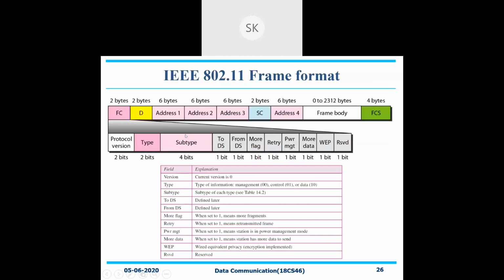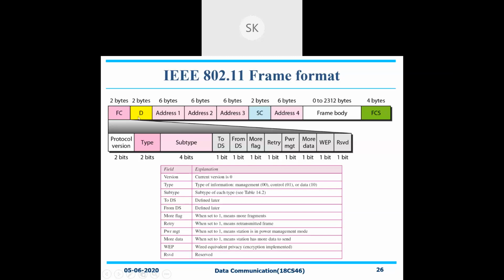How will the frame format be? Just like the preamble, the starting of the frame, that is how it was explained, right? In a similar fashion, what is the frame format that you are having here? See here, with respect to this 802.11 frame format, moving from the left hand side, FC will be there, the frame control.